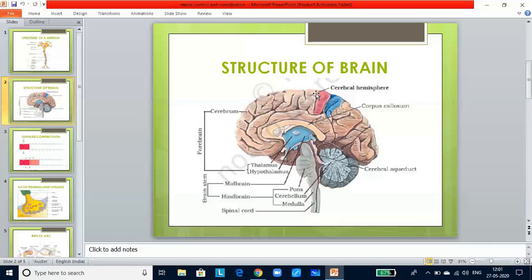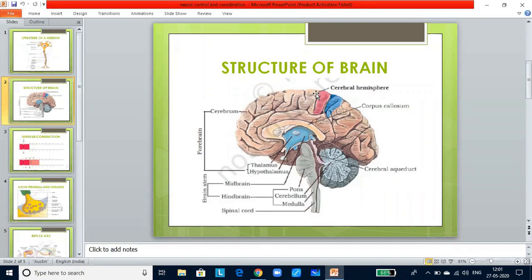Now let us look at the spinal cord. It is a long cord-like structure at the back, centrally located and well protected by the bony vertebral column. The inner butterfly-shaped area is the gray matter, and the white matter surrounds the gray matter, and it is composed of bundles of myelinated nerve fibers.